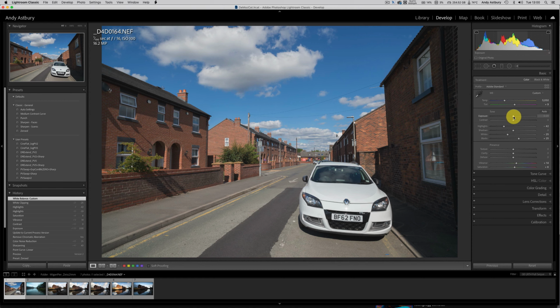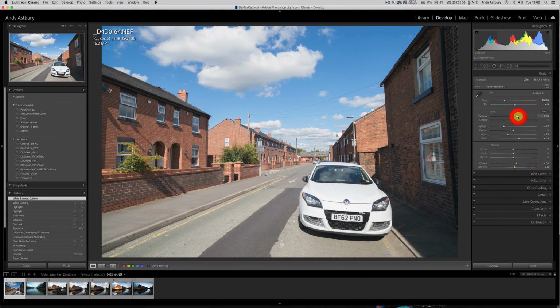It might actually be a good idea to start lifting the exposure a little bit. And then just as soon as you start to see these little red clipping marks coming in the highlights, just back it off, because what we're trying to do is put a bit of bulk in the old histogram. And then the only other way we can add contrast now is to start to drop the blacks, because you'll notice the blacks are at plus 25. So I'm going to bring those down to, let's say, +1,